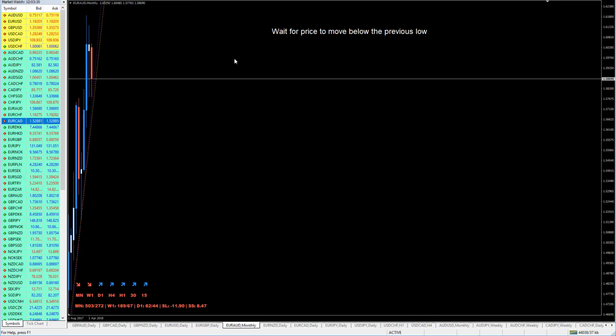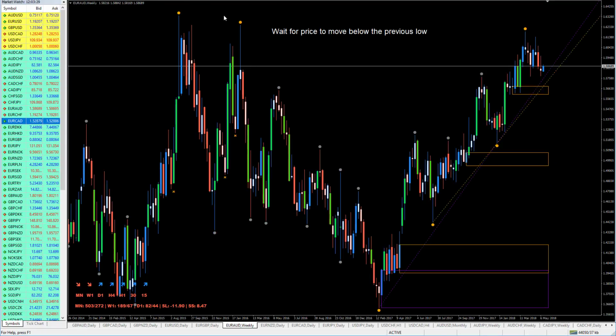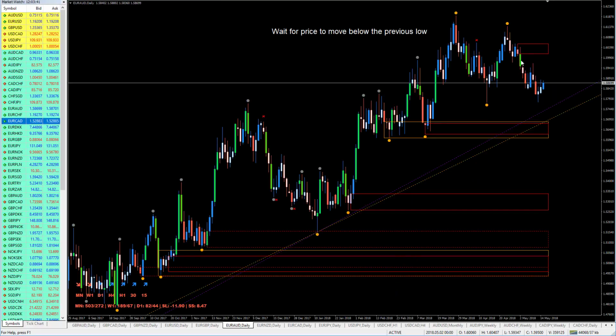So if you go here to the monthly, you can see that price is really big. If you go to the weekly at least, you can see we have a lot of rally accumulation, price is moving very, very high. So it's pretty far high in the curve. So what I want to do is I want on a daily chart this trend line, this low to be taken out, because then I'll be able to draw this. Then I'm in a downtrend,